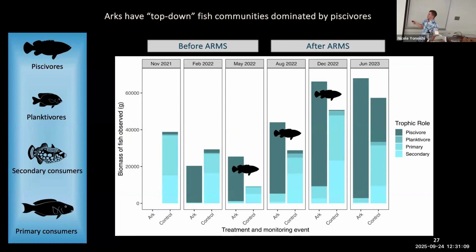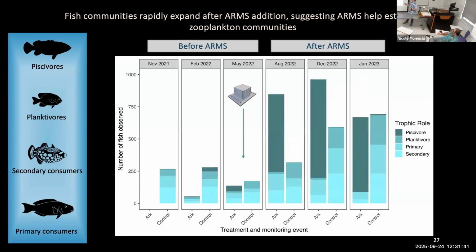And when we look at the biomass of fish at the arcs and the control sites, we can see that pretty quickly these arcs get dominated by piscivores, predators. We know from the beginning of the talk that these predators are stabilizing forces in ecosystems. They're helping lock up all that ecosystem energy into this trophic web. And so the fact that we see a lot of piscivores on these arcs is a strong indicator to us that we've provided the conditions for the system to build itself into one that is more trophically stable and more canonically healthy.